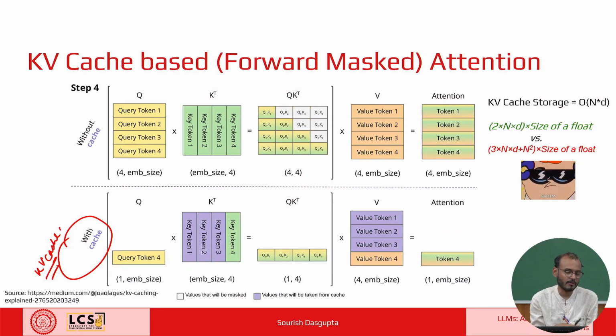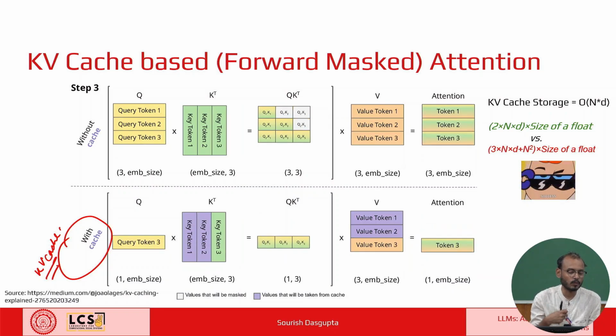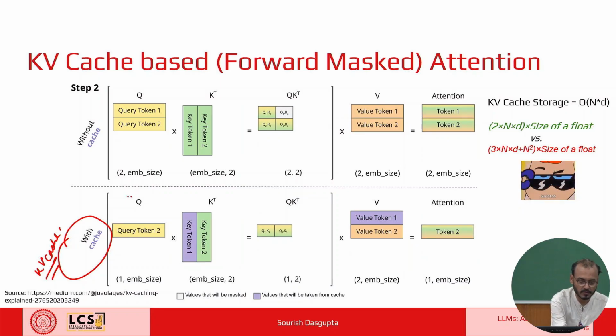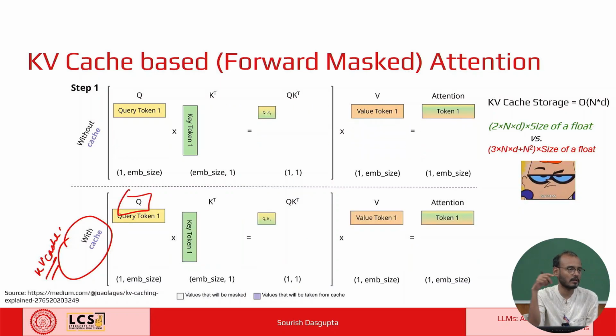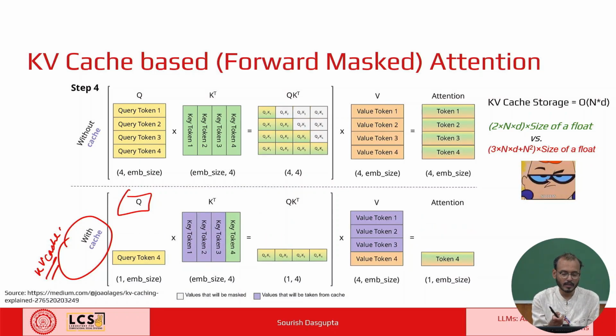So instead of 4 cross D, you're always only going to deal with 1 cross D, as far as the query is concerned. So it's basically always 1 cross D instead of N cross D. So that's the first thing. The second thing is that